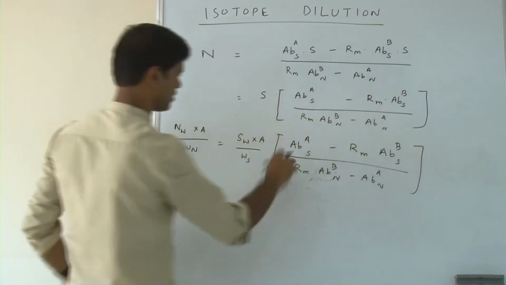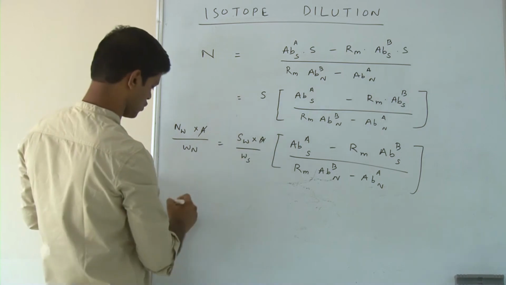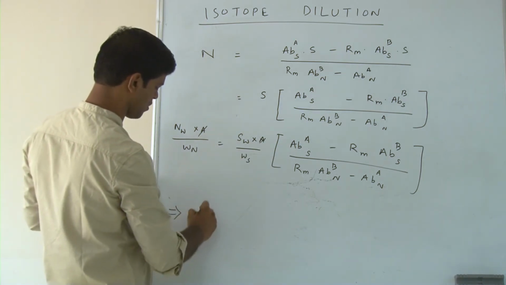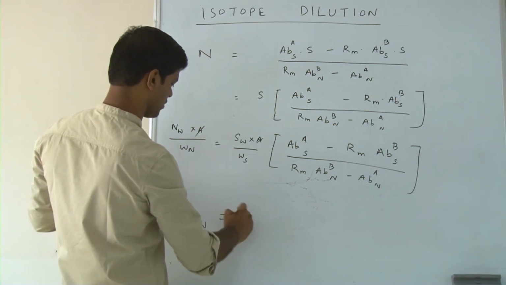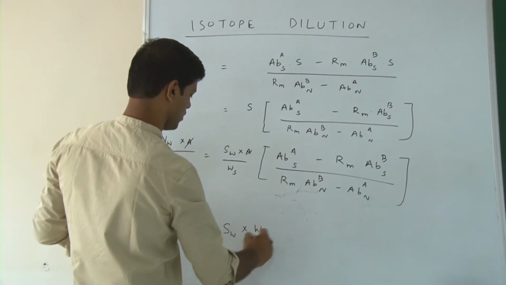I have just written what was there. In this, A and A cancel out. So, if you are interested in Nw, the final term will be Sw multiplied by Wn by Ws